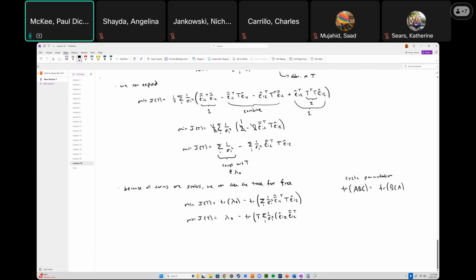Okay, so we just cycled things around. You can imagine E goes to the end, and then T comes out front. That's the idea here. And this simplifies a little bit, where all of this, the sum over all sigma I of the inertial frame vector and then the camera frame vector transpose, this is going to be a matrix, which we're going to call B